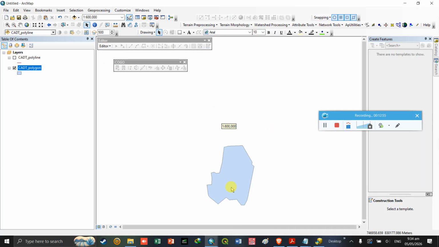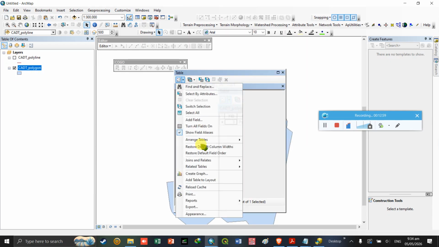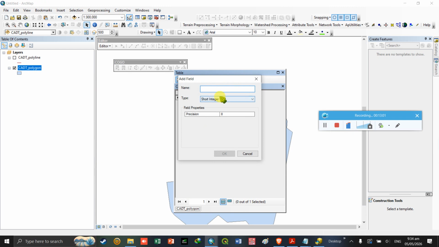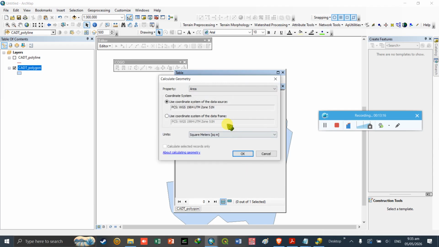So we can now create a column header which contains the hectares. Then we set that type to double, and click OK, and then calculate geometry, set it to hectares.